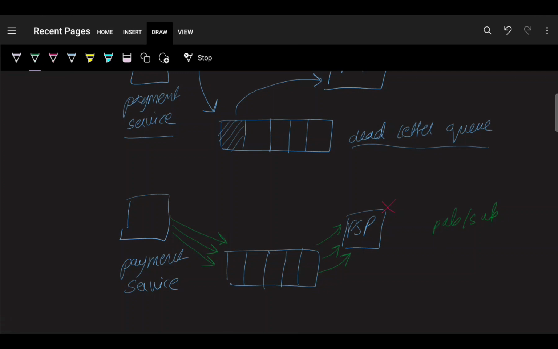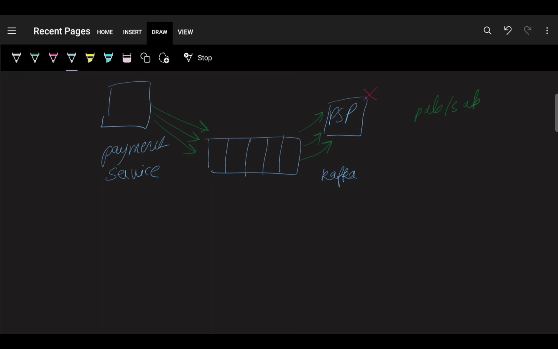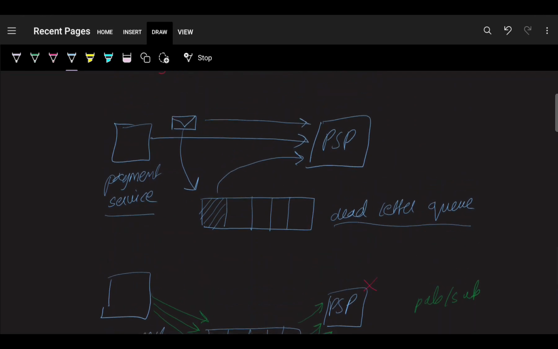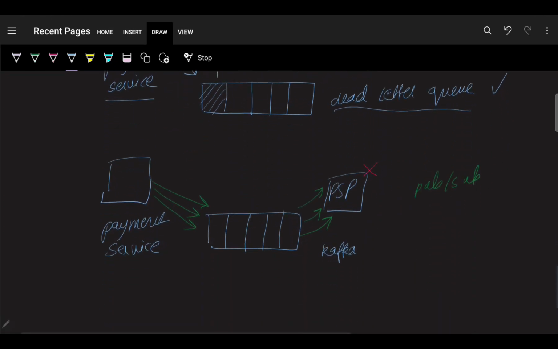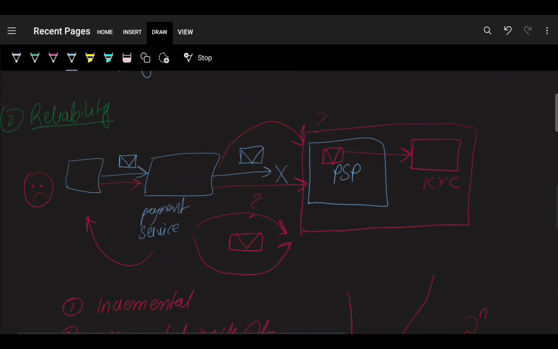As far as the tools are concerned, the most popular one used within payment systems is Apache Kafka. But if you have any other preference, you can follow it. Just make sure that you have this in place to enhance your reliability a bit better. Cool. So we've talked about the dead letter queue. We have talked about the pub/sub pattern, which enhances your data reliability factor, and it also serves scalability. All right, coming to, let's scroll up a bit